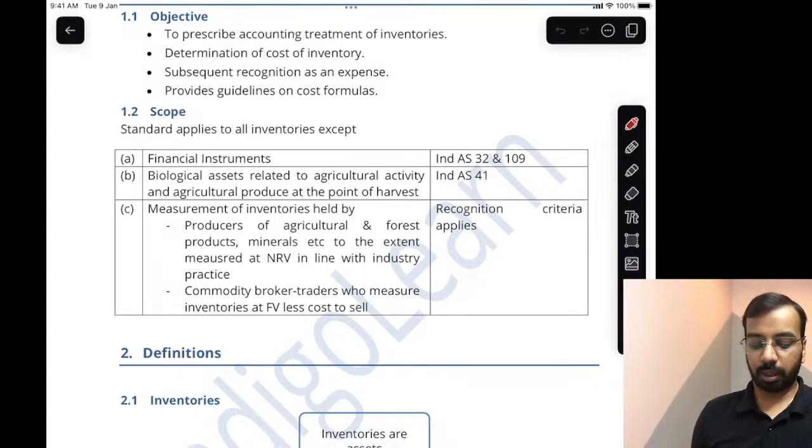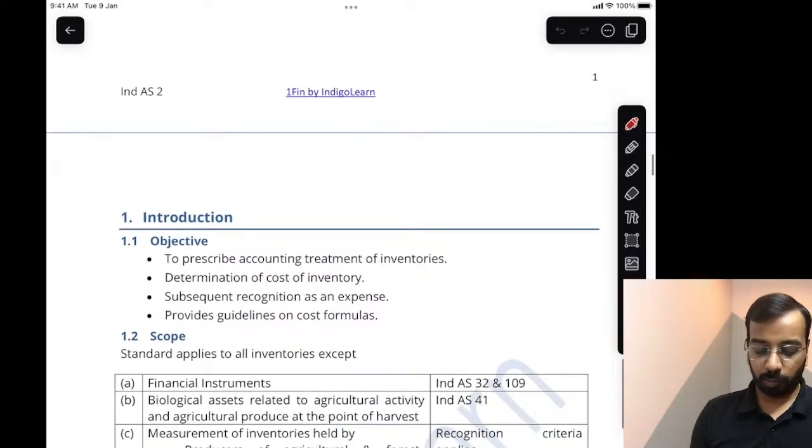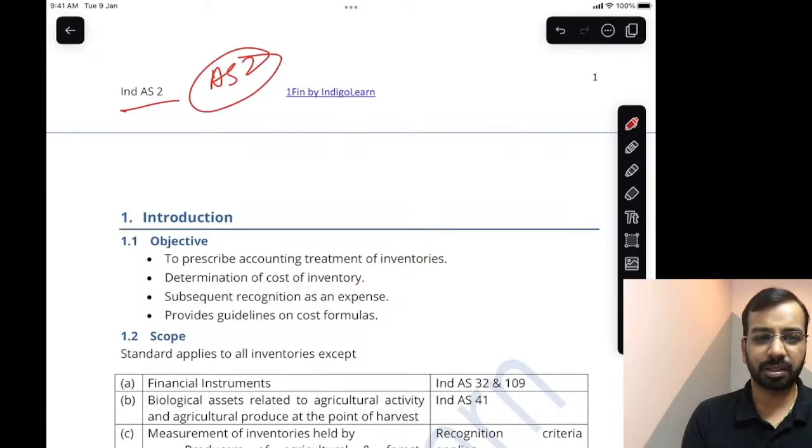Right. So in Ind AS 2 on inventories, and if you have learned AS 2, there is hardly any difference apart from